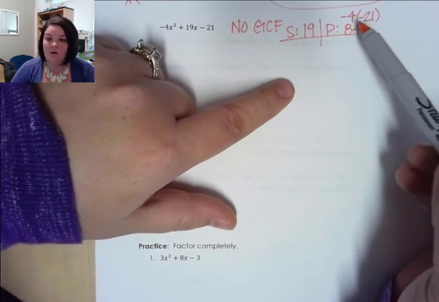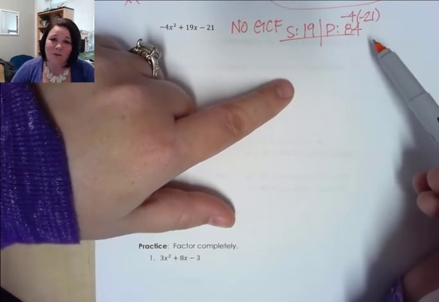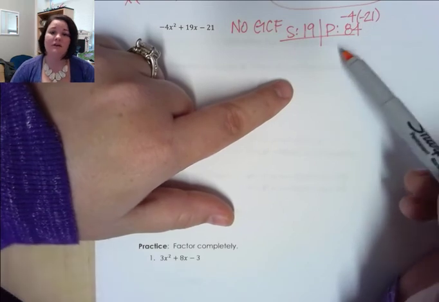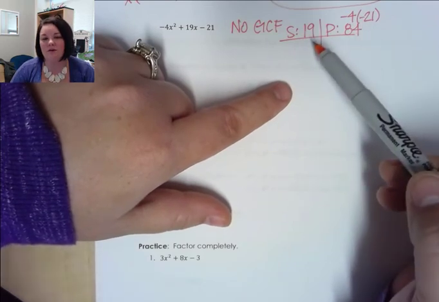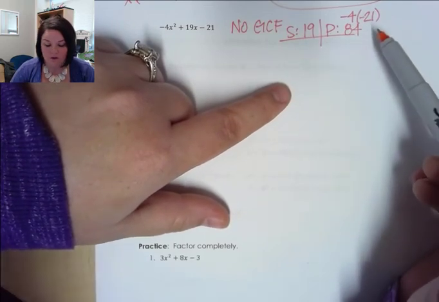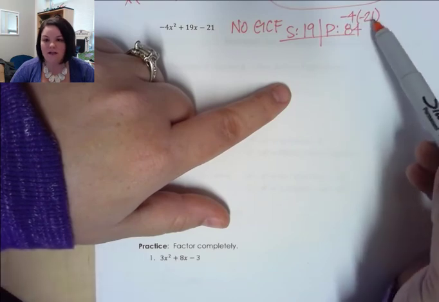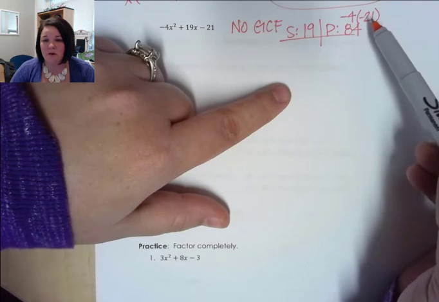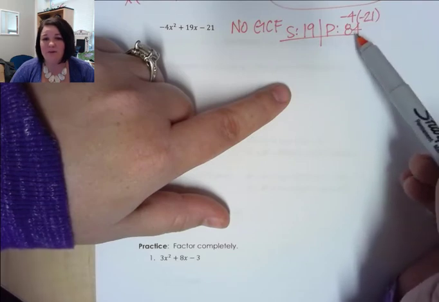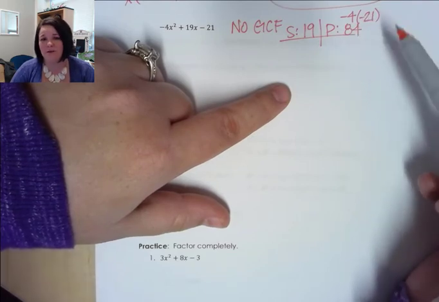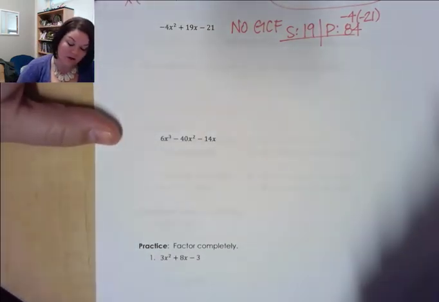Okay, so notice up here, if you're not sure, you can do 84 divided by 1, 84 divided by 2, 84 divided by 3, until you find a pairing that gives you 19. Or you can use the factors you already have, like 21. 21 is divisible by 3 and 7. So I could go ahead and do 84 divided by 3 or 84 divided by 7 to try to get some other pairings. In this case, I want to use 7